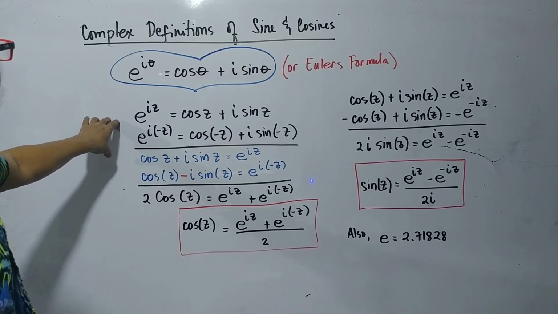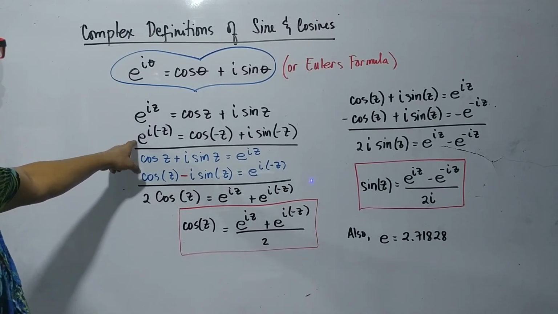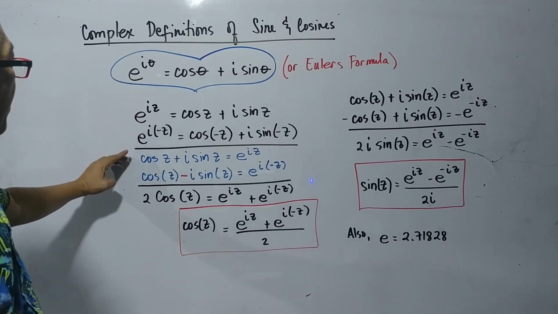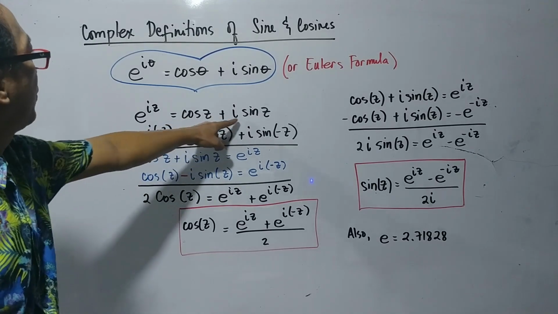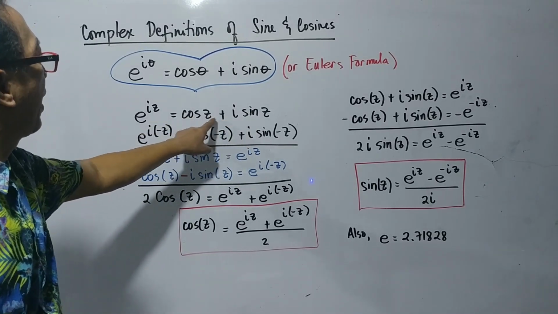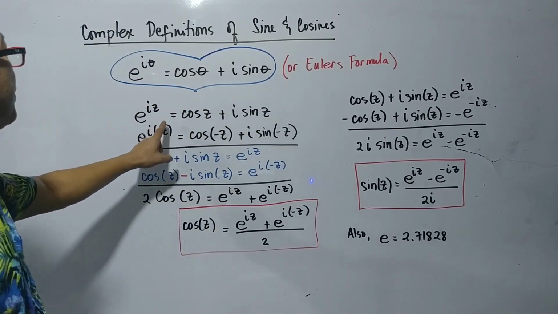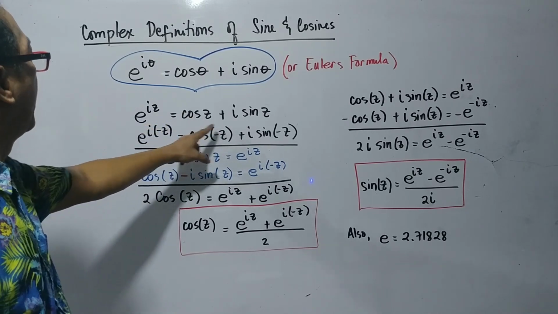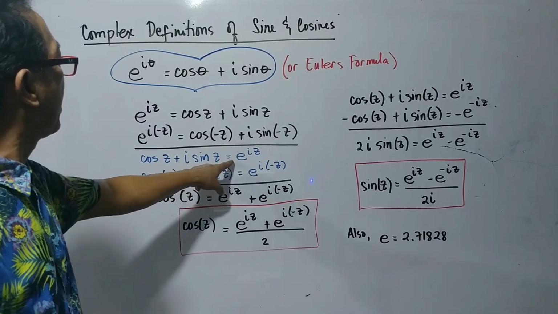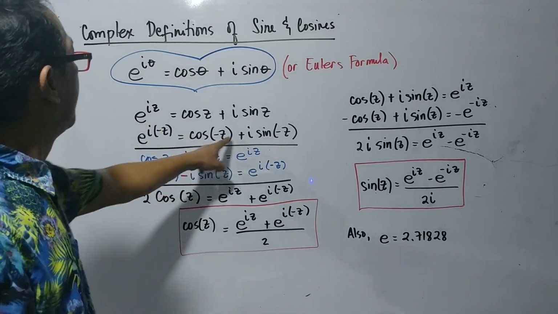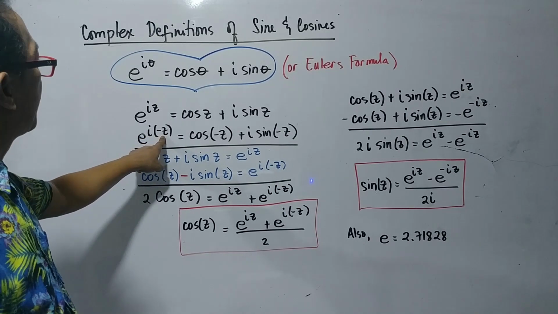So, if we recopy this formula here and take the negative z, the angle, we can say now that cosine z plus I sine z, as you notice, instead of using theta from Euler's formula, we use now z, then rearrange it here, we have now cosine z plus I sine z is equal to e to the iz. On the other hand, this one, where e to the I of the negative z